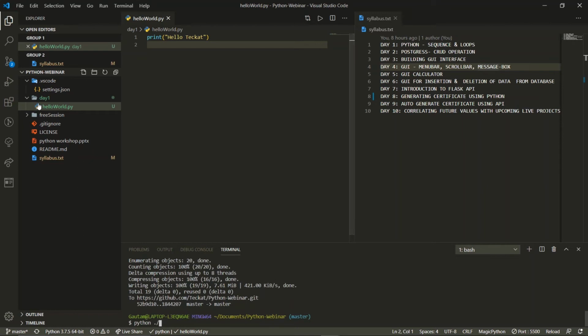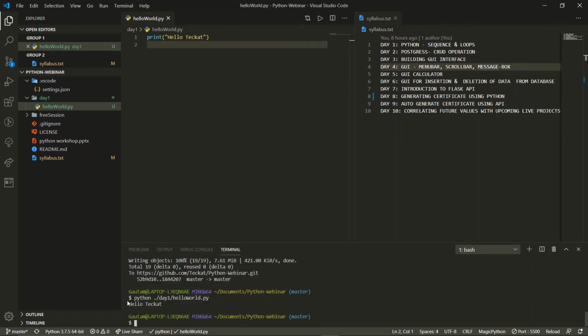I believe we have it in day one, so we'll write day one, and then helloWorld.py. Press enter, and you can see over here we got the output as hello techcat.